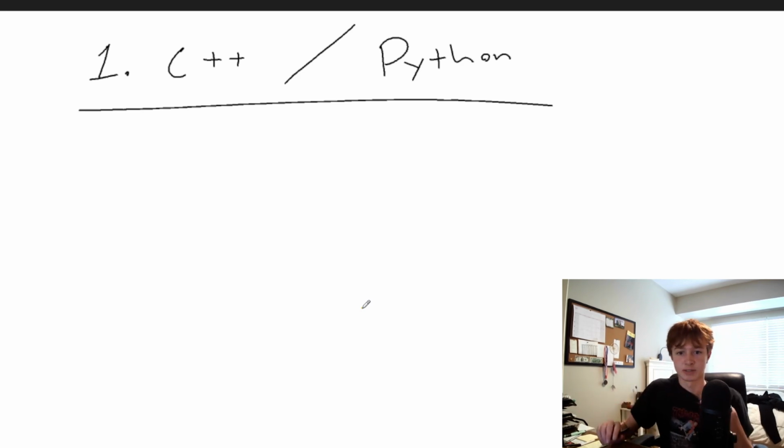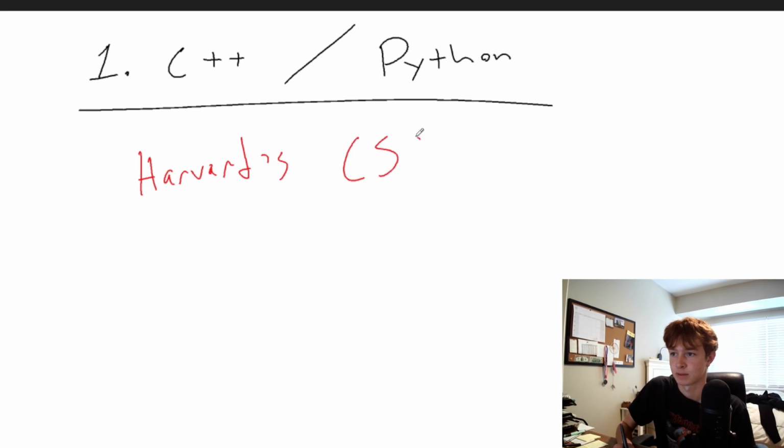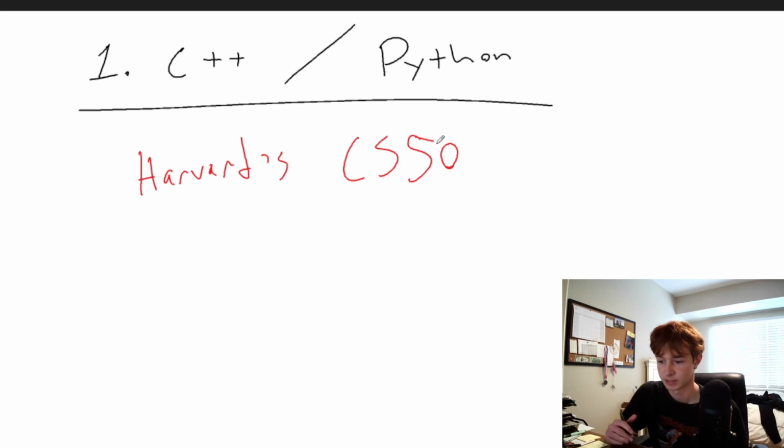But C++ and Python specifically, one thing that I recommend is Harvard's CS50 if you've never coded before. It's just an introduction to computer science class. You start with C and then you learn a little bit of some other languages, but it's mostly C. So you can familiarize yourself with coding and also start to get used to the rigor and pace of a more advanced class like CS50 with Harvard,